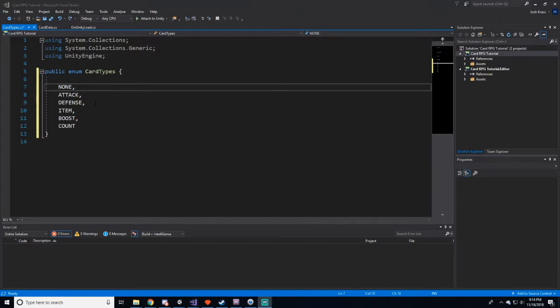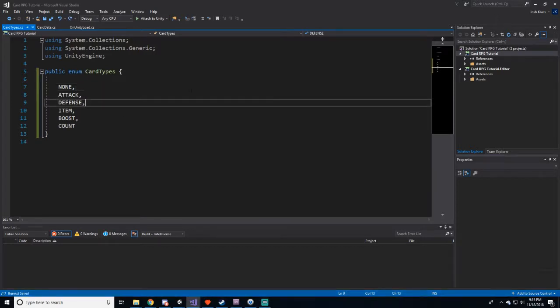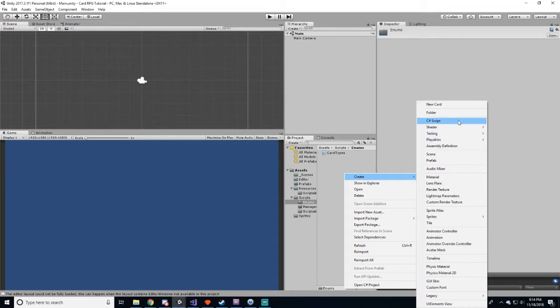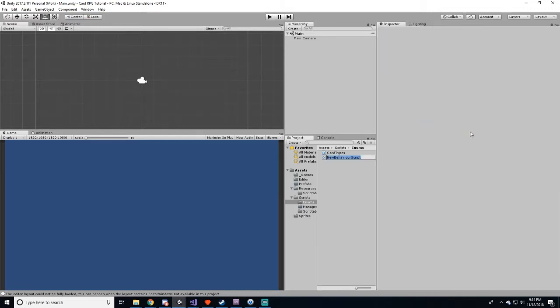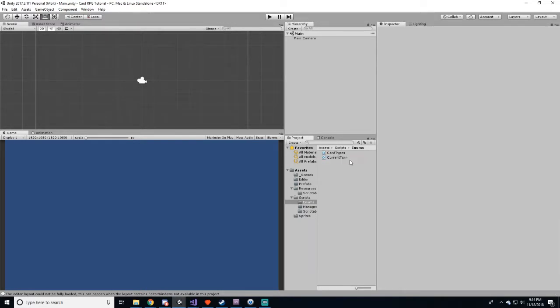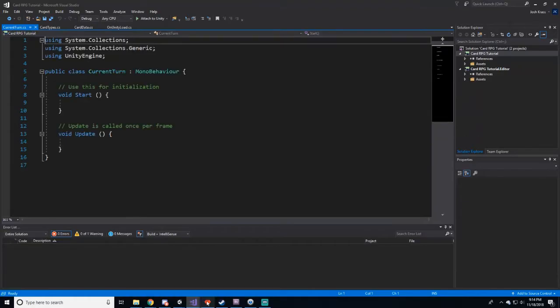So we're going to save that, Control and S. You can use Control and S, Control Shift and S saves the entire project. We're going to make another enum, make another script. It's going to be called current turn. Basically, this will specify which turn the game manager is set up for. Right, and we'll have that set up. You do that with Control comma in order to bring up